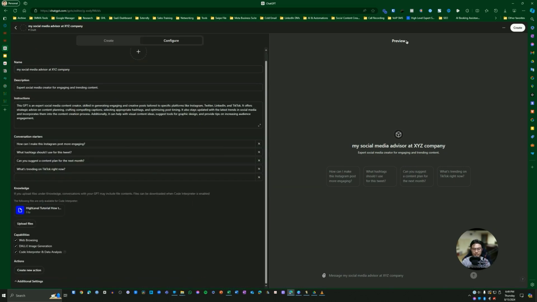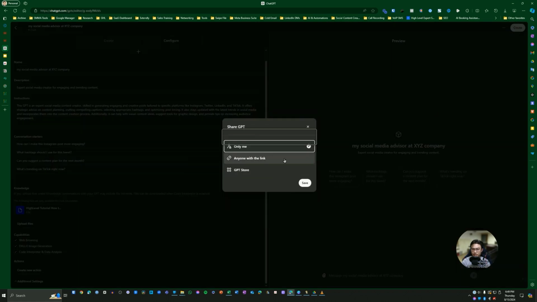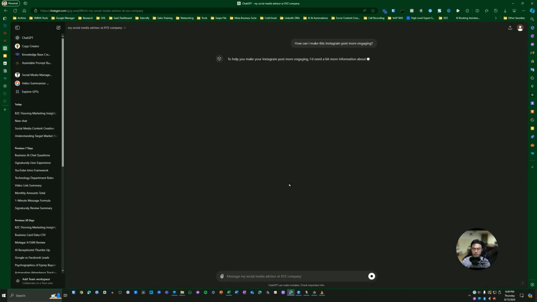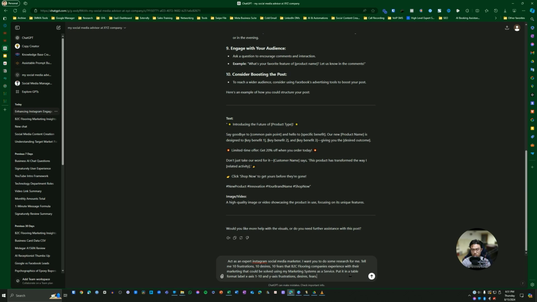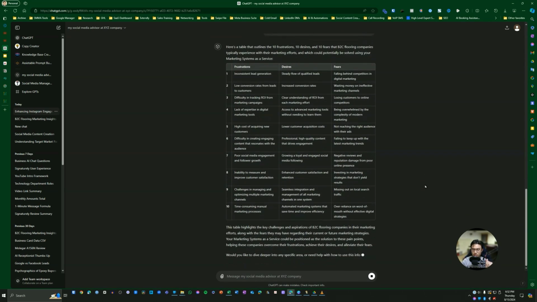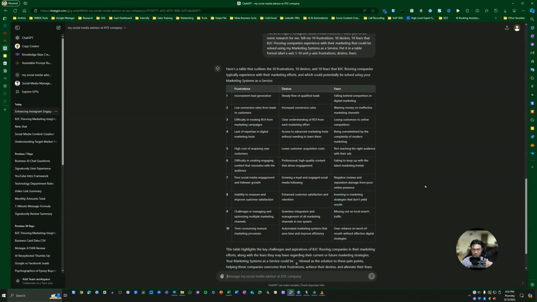So yeah, once you're done customizing everything, uploading all the files, you can hit create. And for now, I'm clicking only me, because I don't want to share this outside. Hit save, and then it might take a little bit, but it's quick apparently. So hit view GPT, and then it has all these prompts and things like that. So I'm setting it to reference the information that I uploaded, and it's able to create the same output for me, but it tends to be a bit more customized and more personalized